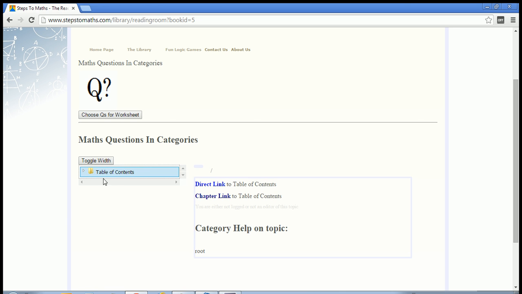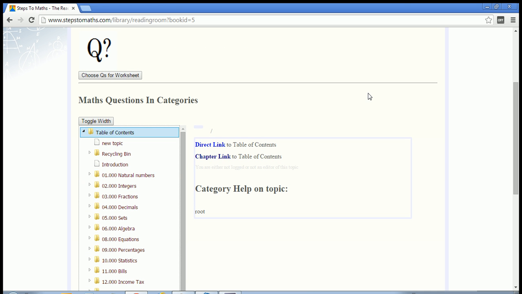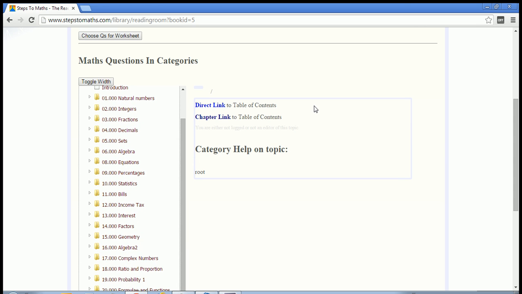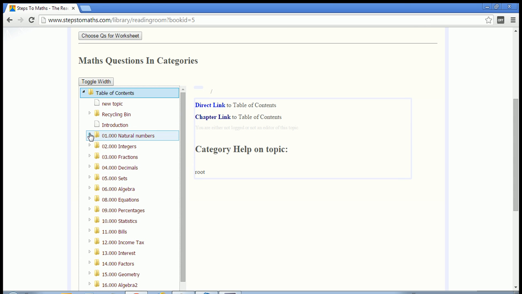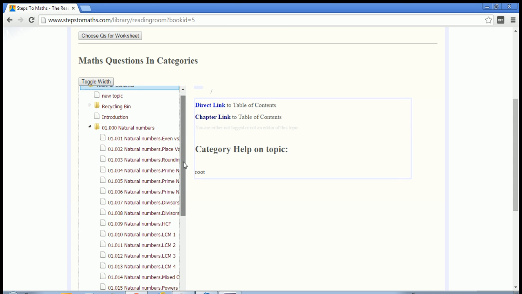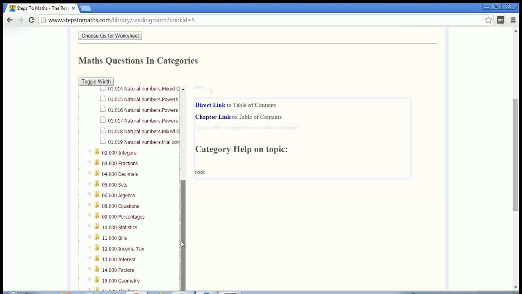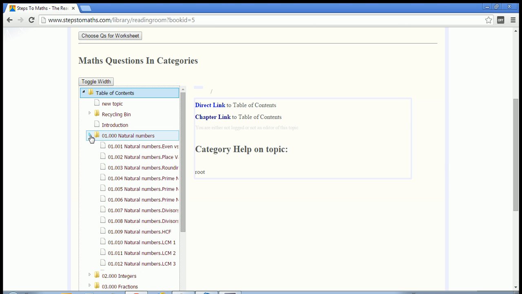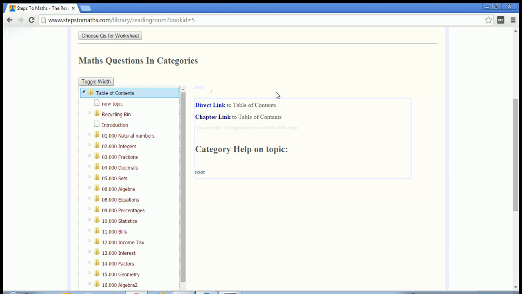Let's have a look at the contents here. The table of contents contains all of the information that we have in the book. So here's the different sections that we have containing questions from the maths book. So in the natural numbers, we have a number of different sections, again for integers, fractions, decimals, and so forth. All of these contain questions that you'll be able to assign to your students. So the first thing we want to do,